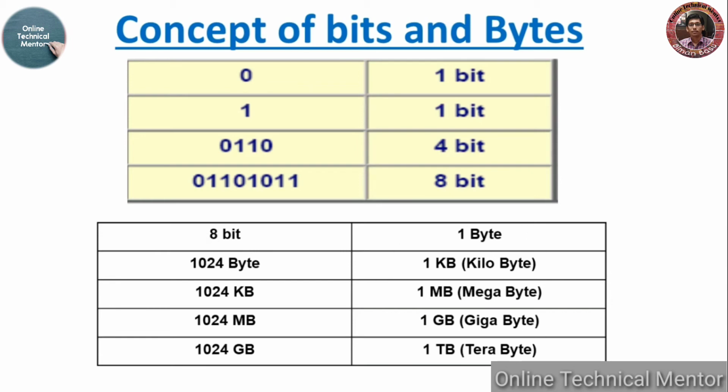Since the computer only understands 0 and 1, two digits only, we say that the computer understands the binary number system. Just as in our decimal number system there are 10 digits from 0 to 9, in a binary system there are only 2 digits, 0 and 1. In the decimal number system, 1000 means 1 kilo. And in the binary number system, 2 to the power 10, which is equal to 1024, is considered as 1 kilo. Why 1024 is considered as 1 kilo in the binary system will be discussed in separate videos.